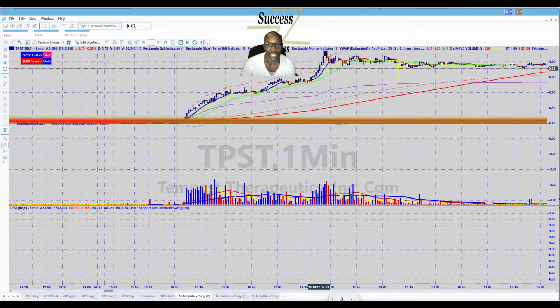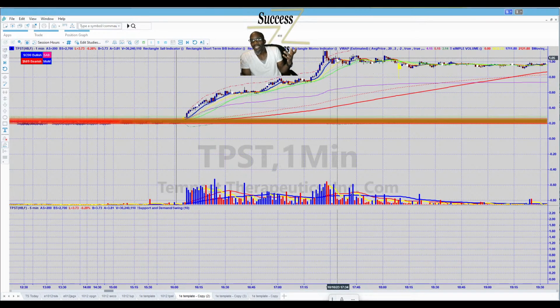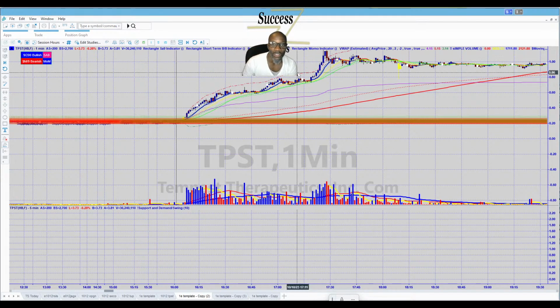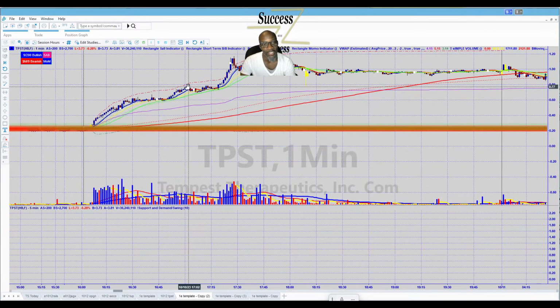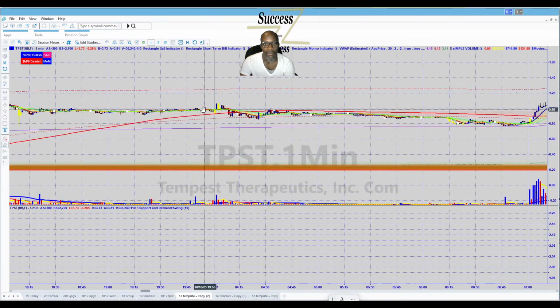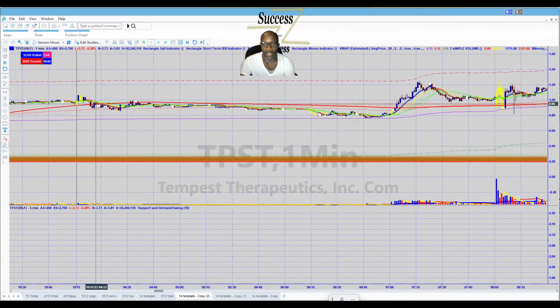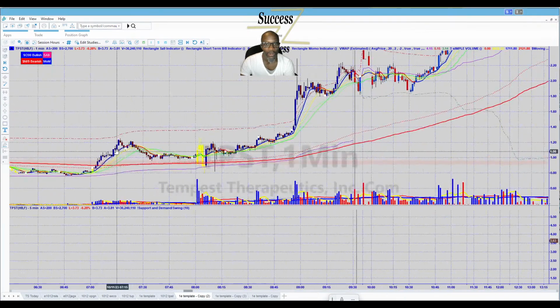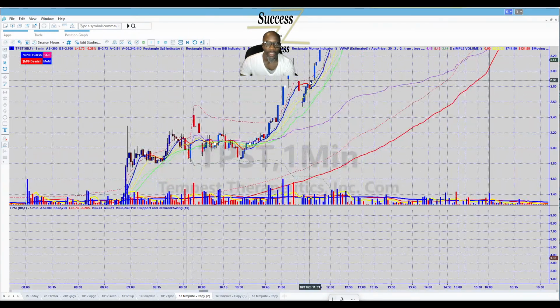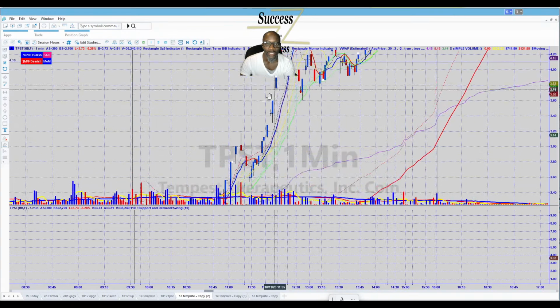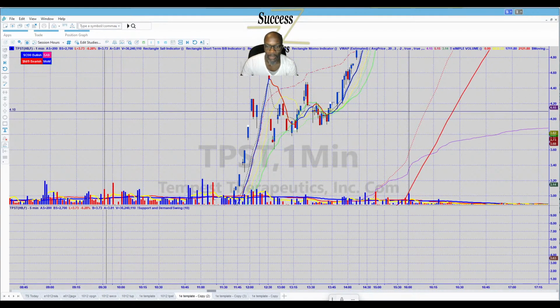I mean, you might have missed all this, but again, are you swinging for the fences, or are you trying to get base hits? This here would have got you a solid base hit. This here, if you would have got in even by the time this candle was done, you would have got in here. I mean, maybe, right? This was the end of the day. So I think what I'm going to do is, even that looks good. Wow, TPST. Do your thing. All right, so I think what I'm going to do is I'm going to make it so that